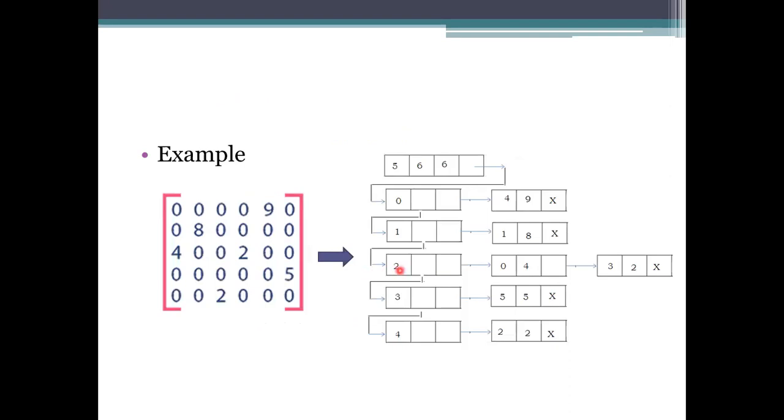For example, see this one: it holds the number of rows as 5, columns as 6, and then the total number of values, which is 6. The next pointer from that goes to the zeroth row. How many elements are there in the zeroth row? It has only one element, where the row number resides, and then we give the column number and the next one. But the row number is mentioned here only once, so we need to mention only the column.